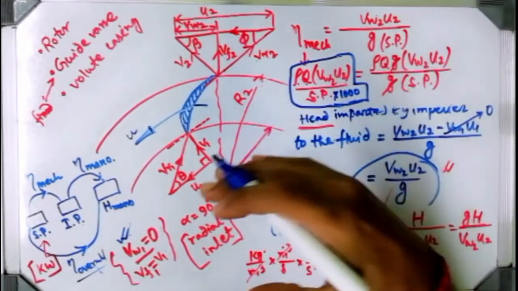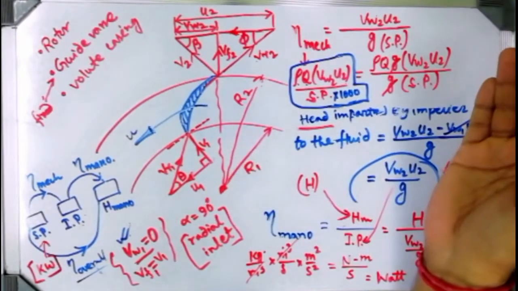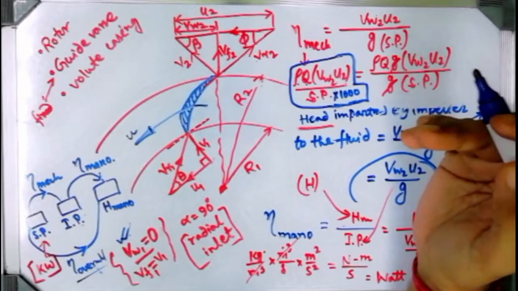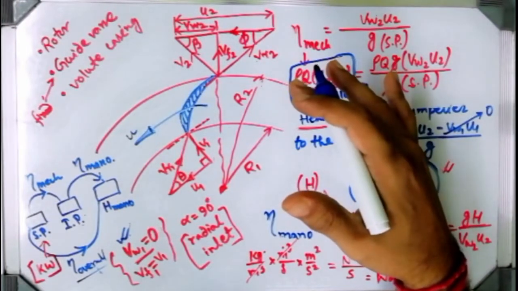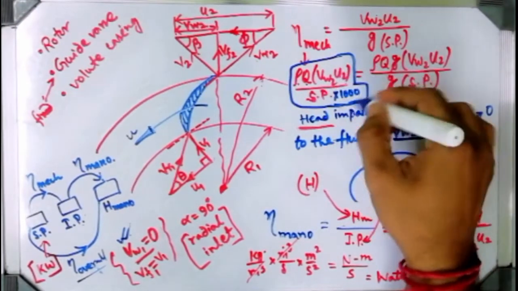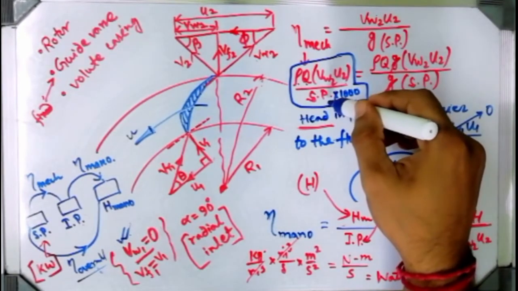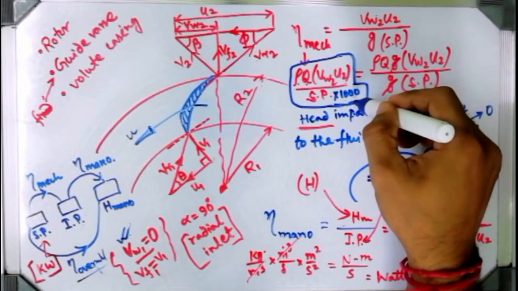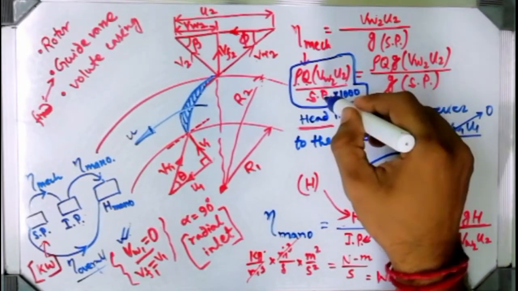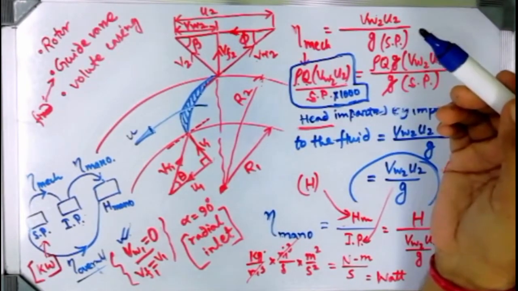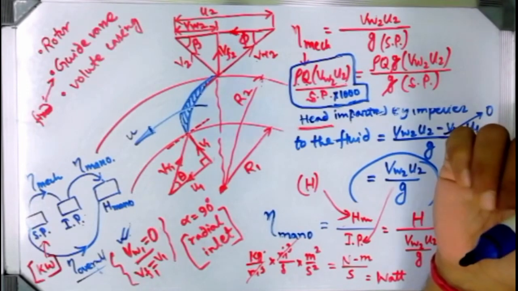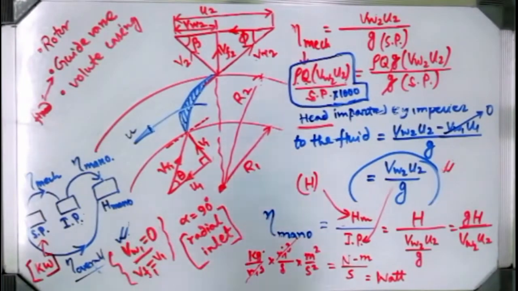Most of the time, from GATE point of view, from any PSU point of view, the answer doesn't match after putting the same formula. The problem is this kind of thing occurs. In the problem, if the data is given in kilowatt unit, you have to divide it by 1000. Otherwise, kilowatt should be converted into watt. Understood? I think, let me check once.